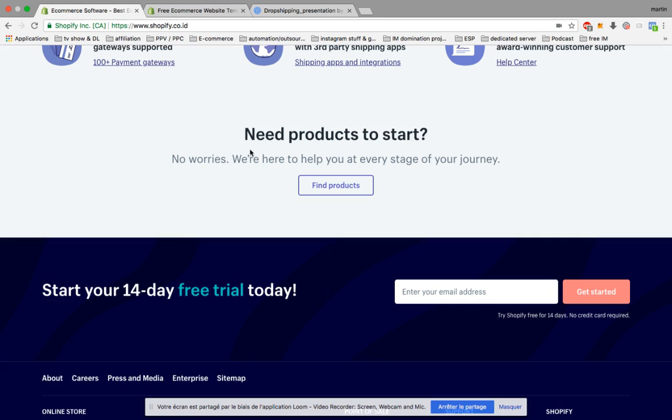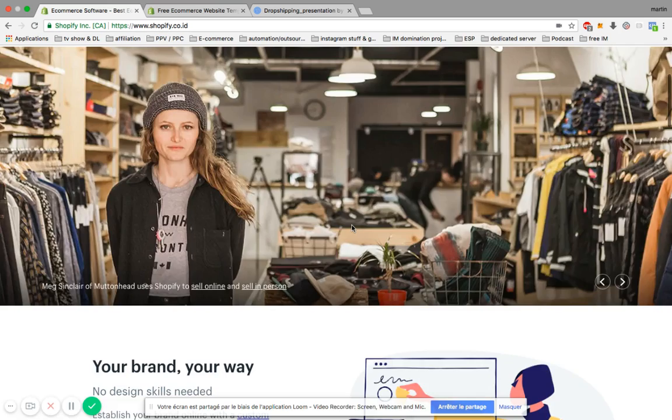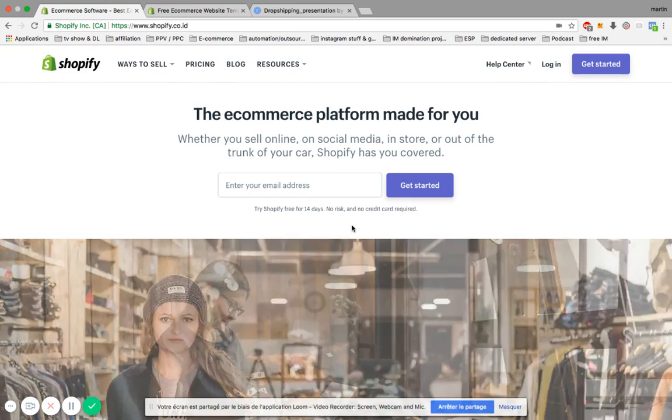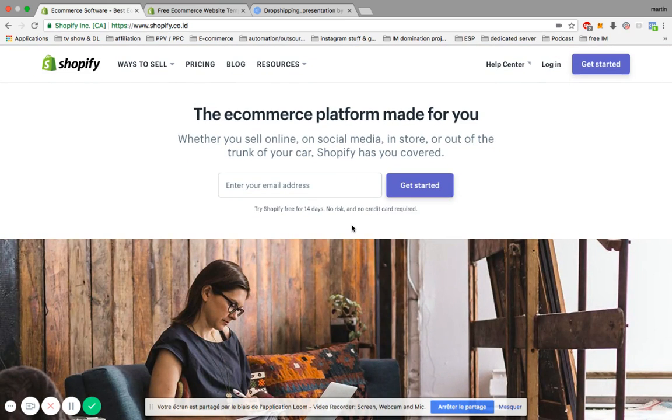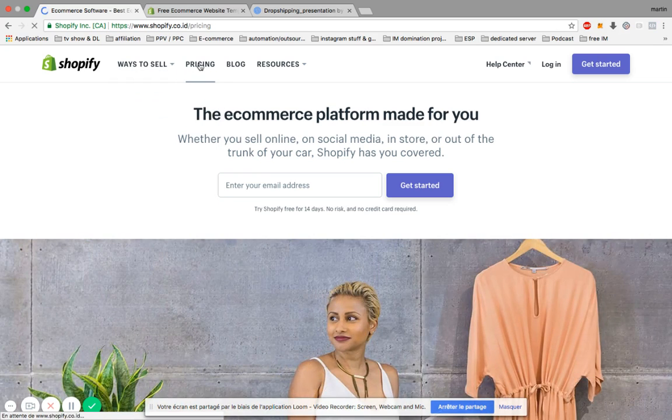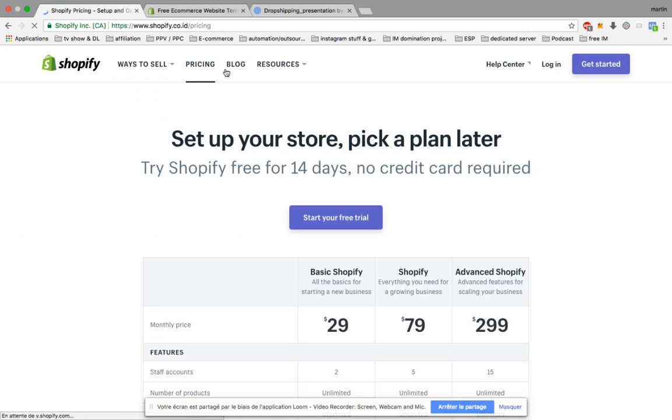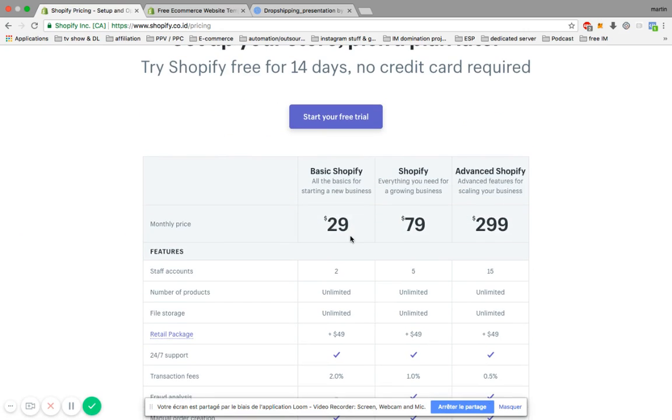So Shopify will come with a monthly subscription, okay? So in exchange for such a robust platform, you will have to pay a monthly fee, right? So the fee is not actually high, you can start small. You can start with $29 a month, and it's totally worth it, right? So you can get 2 staff accounts. So let's say you have 2 virtual assistants. You can create the 2 logins for them, and they will be able to perform some tasks for you.